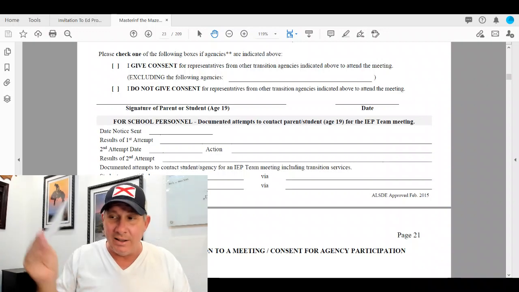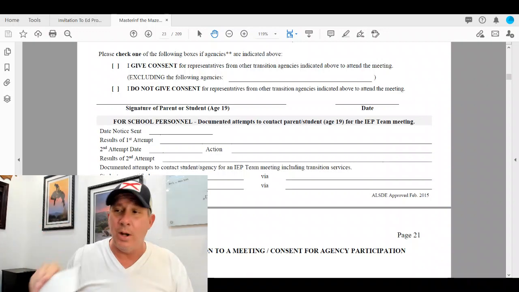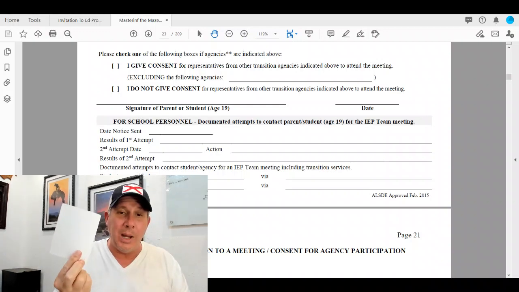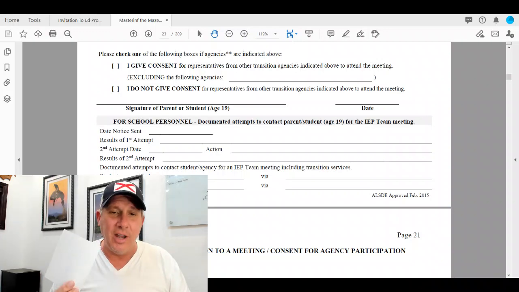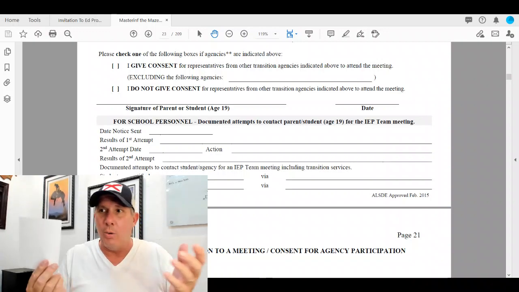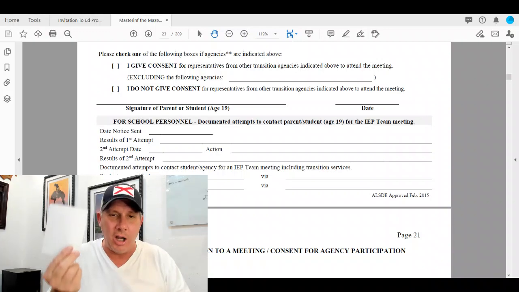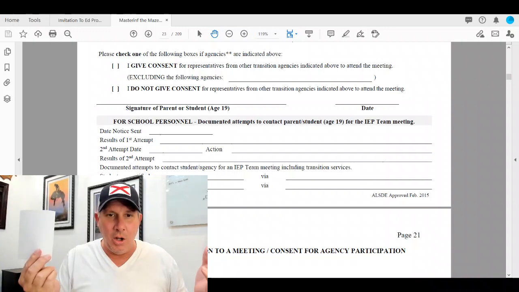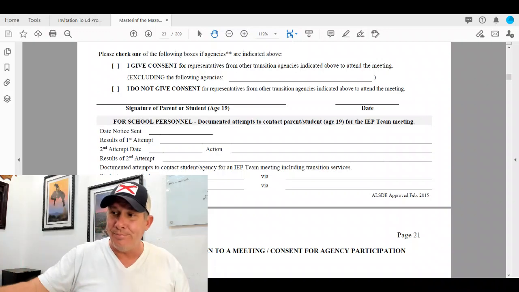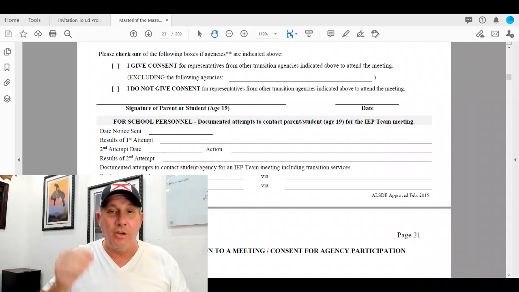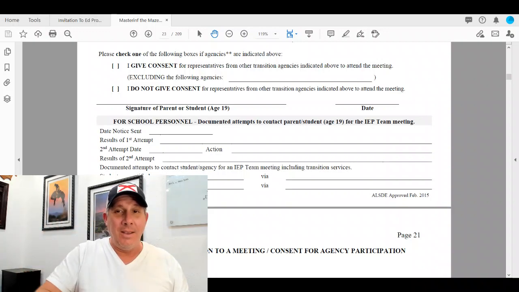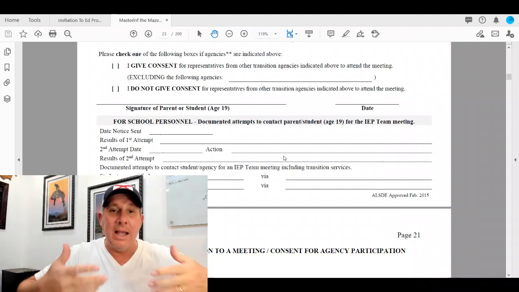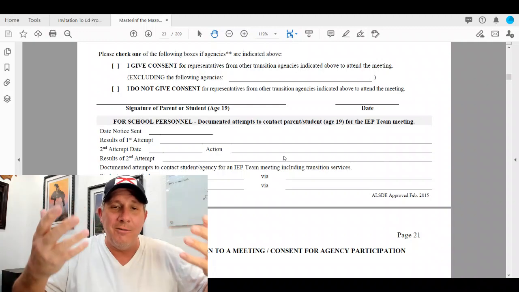And don't think for a second that I have not seen evidence entered into a due process hearing that is just a piece of paper with somebody's handwriting that says, I tried to call the house on this date and this time. Now you sit there and you say, well, how the hell do I know that you created this document on that day? Nobody knows, but it's evidence. So this is why I say use the document to document, and understand that even though the word is that they need to make two attempts to convince you.